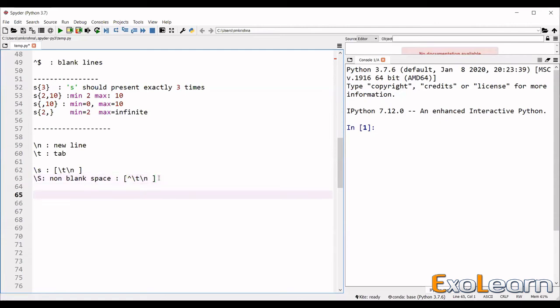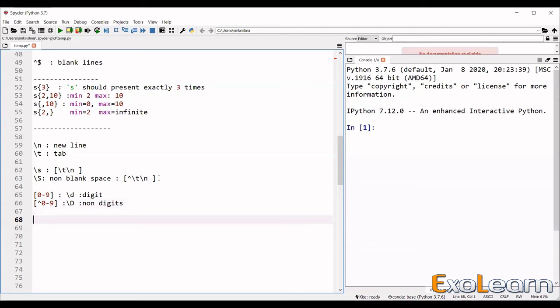Similarly, when I'm expecting a digit, I can write it like 0 to 9. This we already discussed. We are expecting any one digit. Instead of writing 0 to 9 in square brackets, I can write it in short form, that is slash small d, meaning digit. Both are representing the same, any one digit. Similarly, if I want non-digits, we can say caret 0 to 9, meaning except digits. In short form, I can write slash capital D, non-digits. Except digits, everything is allowed. So these are some of the short forms.